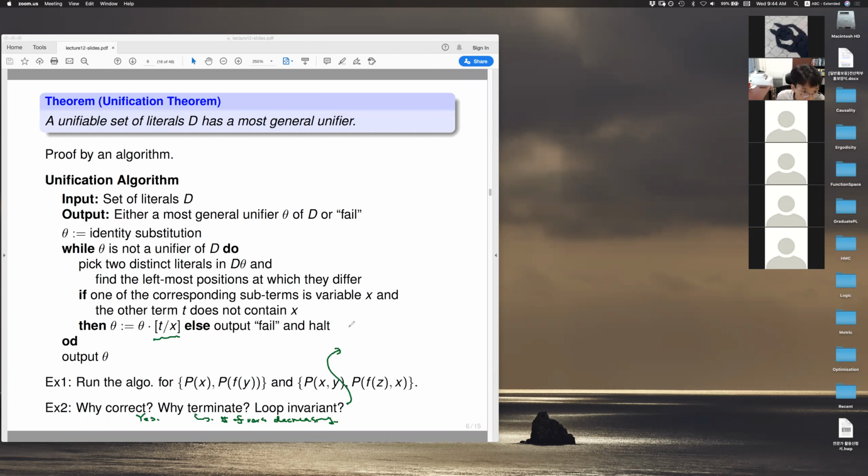It says, so, these are given set of literals. So it says for any unifier theta prime of D, the following is true. Okay, this theta is something which is updated by this algorithm. And then the condition says,